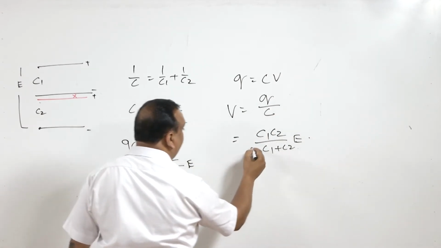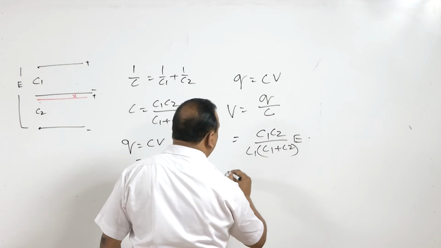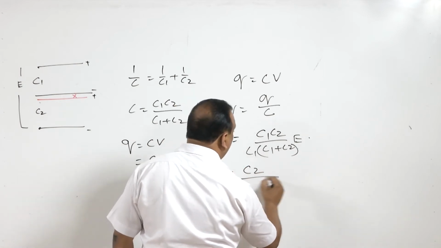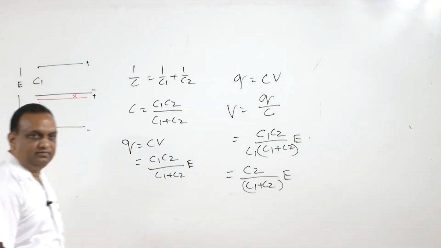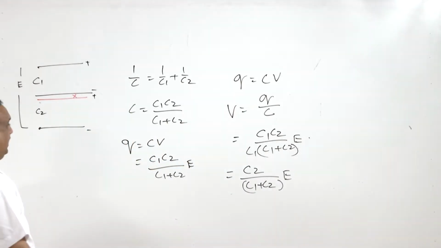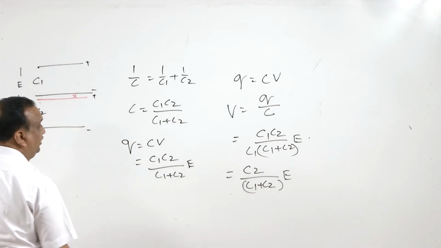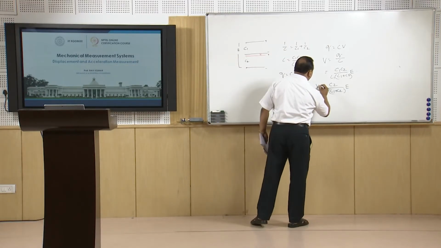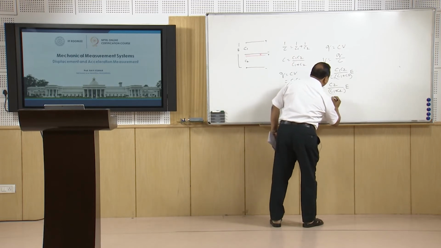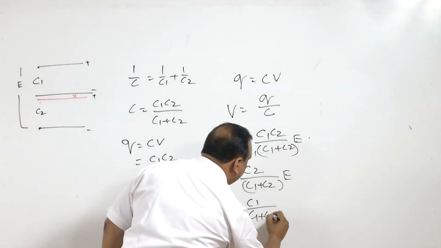This voltage is Q divided by C, so it is divided by C1. So the voltage is going to be C2 by C1 plus C2 multiplied by E, right? And similarly, we can find the voltage for the second capacitor. This is V1. Similarly, we can find V2 as C1 by C1 plus C2 into E,